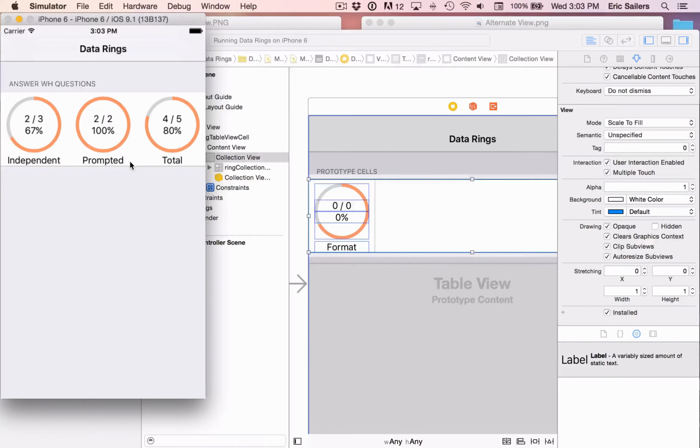And this is something that I will be able to incorporate into the next update of my data collection app,